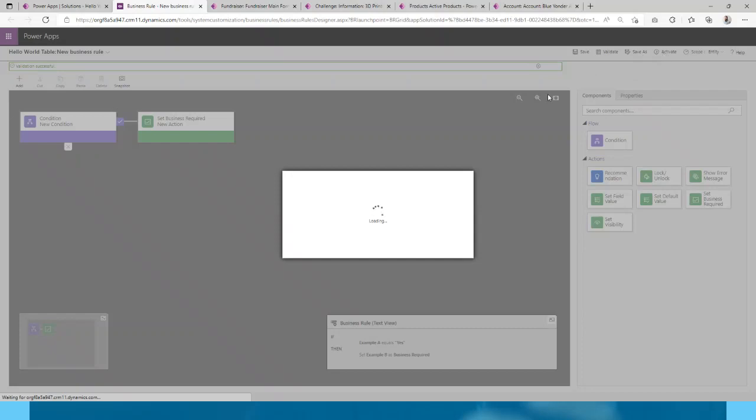Then a little secondary box will pop up, which will almost say, are you sure? Do you want to make sure that you're activating this particular business rule for it to start working? So once this pop-up box has appeared,